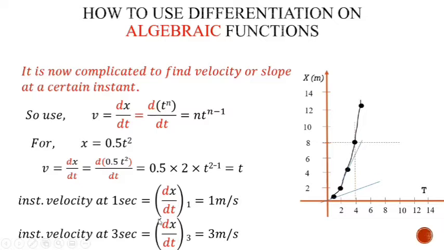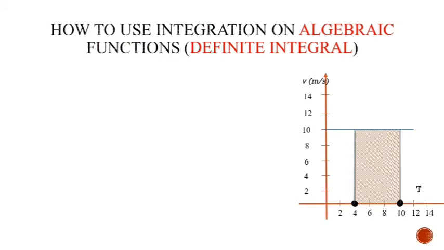Remember that the purpose of differentiation is to find out the slope, and slope is changing at every different time. Here one more thing you should remember: differentiation is always taken at a point, at a certain point. So the certain point is here 1 second and here it is 3 seconds. Now let us try to understand the use of the integration operator.